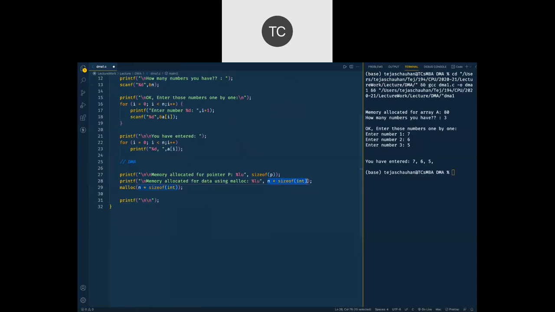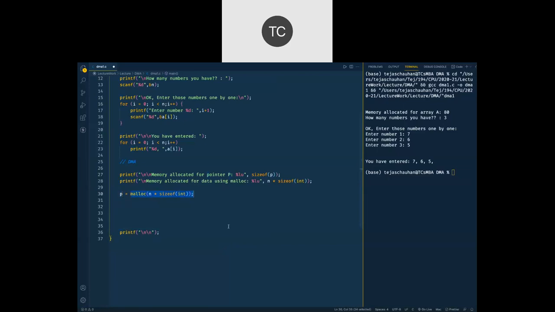Okay, so we have printed the size of p, and the amount of memory that we are going to ask for, and then we allocate memory using the malloc function. Now the malloc function is going to return the memory address, so to store it we need a pointer variable. So we write p equals to: pointer variable equals to memory allocation.